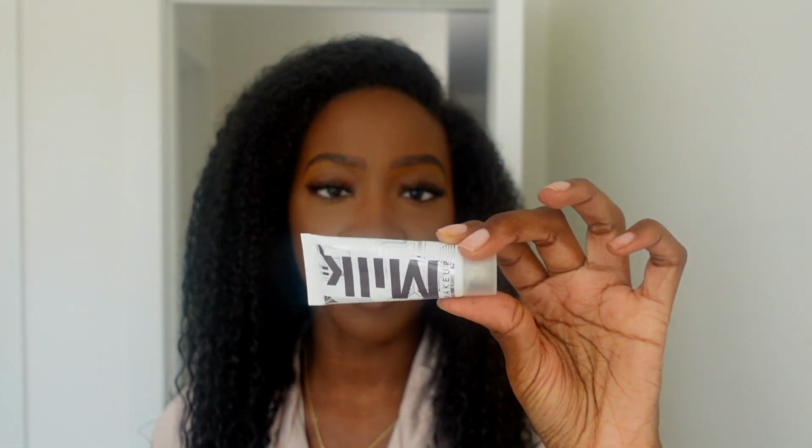Next up, this is technically bronzer, but because of the shade, stuff like that, I'm recommending it as contour. This is from Milk Makeup. It is their Bionic Bronzer in the shade Mind Reader. Oh, my bad. I had that all up in your face. Now, the shade, like I said, is gonna give you that chiseled, just structured face, right? However, given the formula of this product, the liquid contour of it, I feel a little bit more